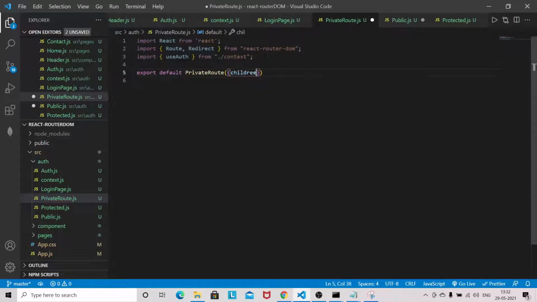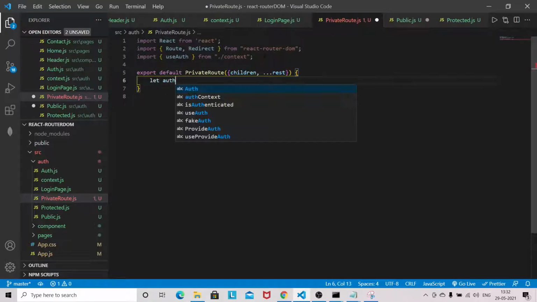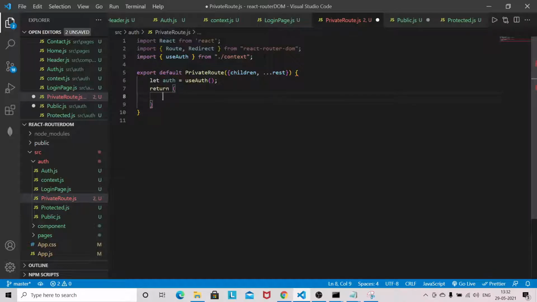It will accept the children and the rest of the props. So let auth useAuth, and return. We have to use a function here. Now Route.